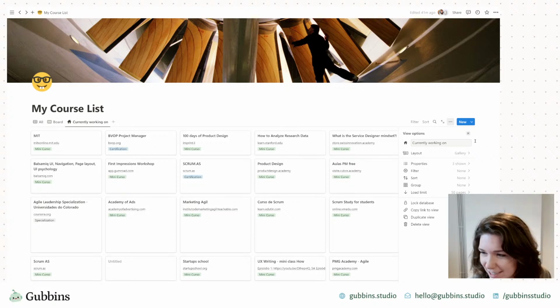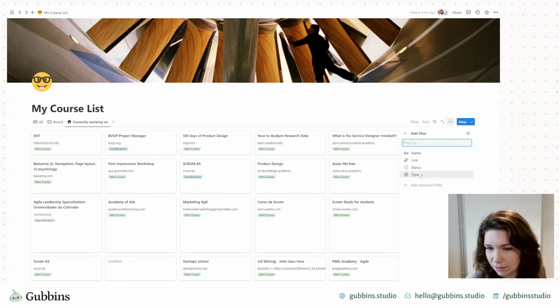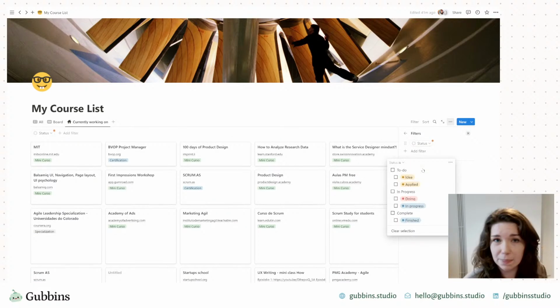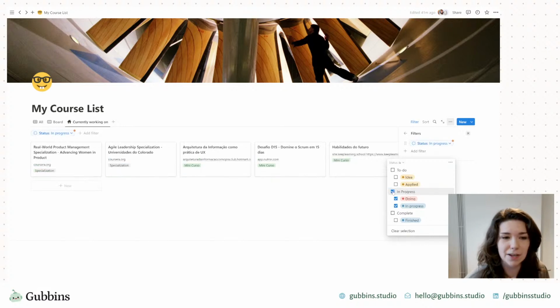Again, one of those things we can go and change later if we feel it's not working. And then here you can filter on status, and this is where the status property that I was explaining before is helpful, because you can select everything that is currently in progress, no matter what stage it's at, whether you are just doing some introduction videos, revising for an exam, or waiting for results. You can just select all of those in one go rather than having to go through and toggle them all on.